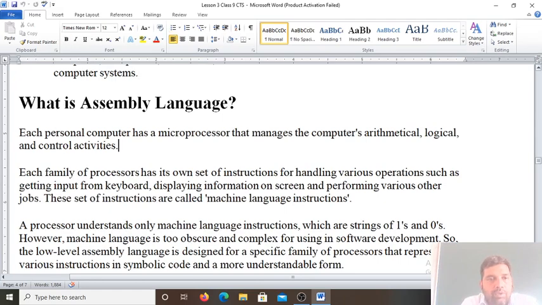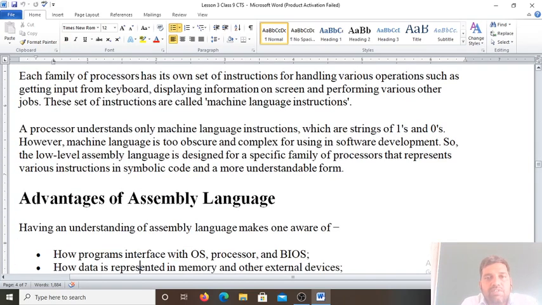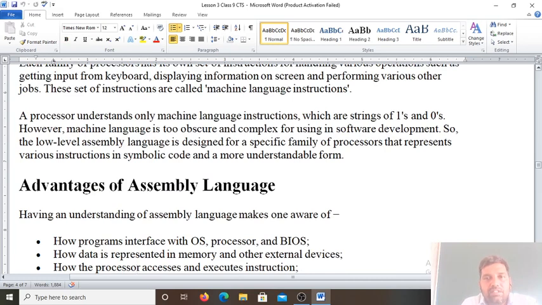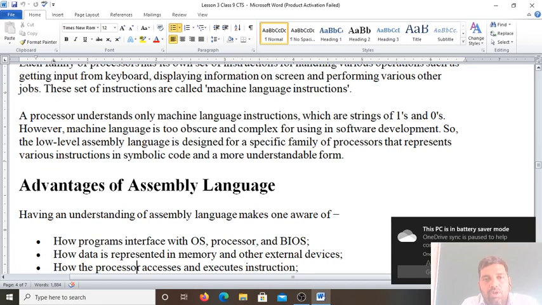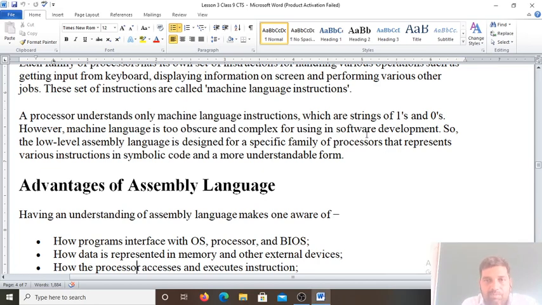A processor understands only the machine language instructions, which are the strings of zeros and ones. Machine language is too obscure and complex. It is very difficult to remember the code written in zeros and ones. So machine language is too obscure and complex for use in software development.